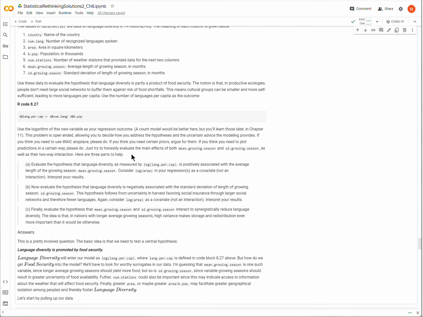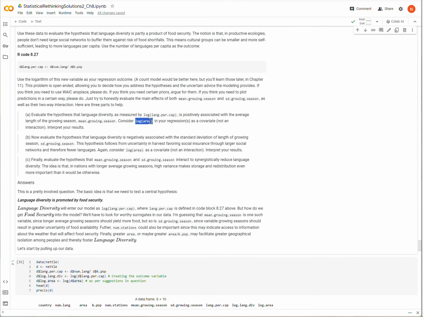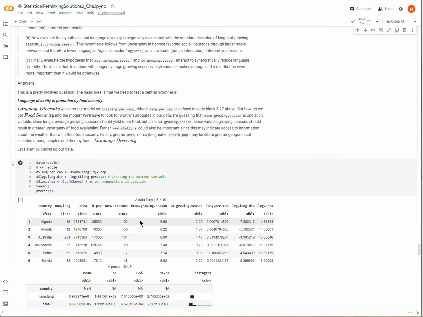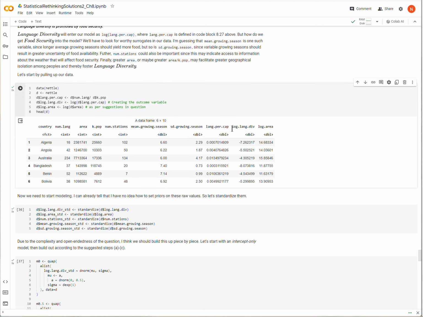Okay. So let's get going here. The first thing I want to do is just to look at the data. Here I have the data, and I've put in language diversity as well as log language diversity. I've just added these to the data set as well as log area, because we're sometimes asked to use log area as a predictor variable. This is what our data set looks like. I'm going to get rid of this summary. I don't think it's doing us any favors here. So let me run this again. Here we have our data set, and you can see the variables that we've added on the rightmost columns.